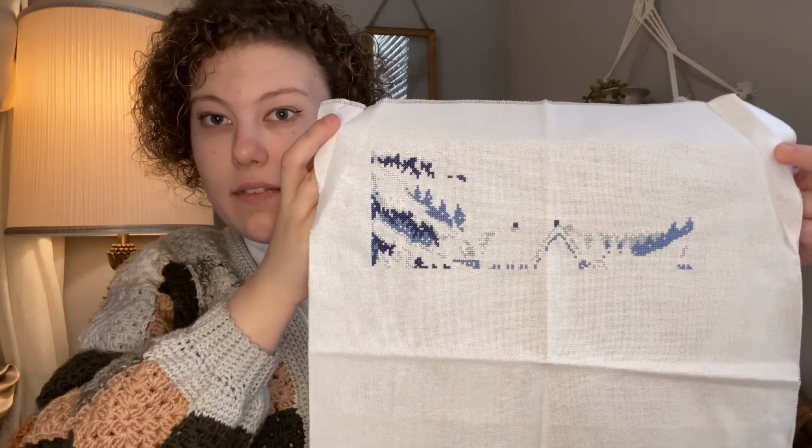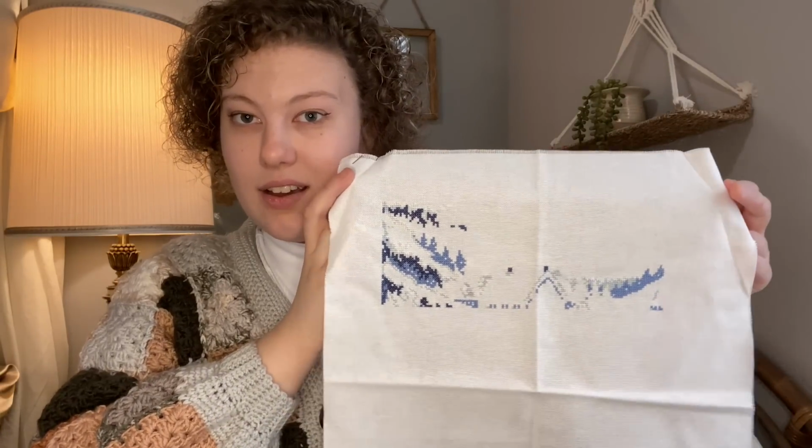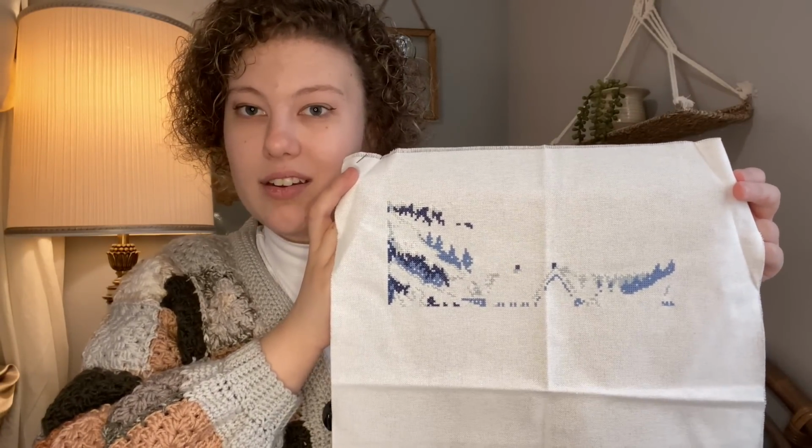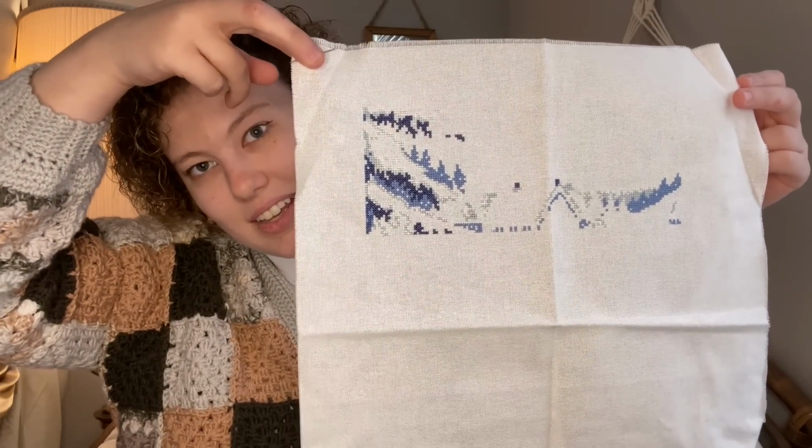So I have some outlines of the trees. I had wished that I had done this on a smaller count now, but I'm not going to start it over. It's pretty, but I think I'd prefer it on maybe a 32, maybe not a 28, I don't know. Doesn't make that much of a difference, does it? But